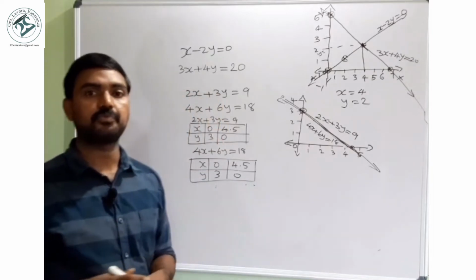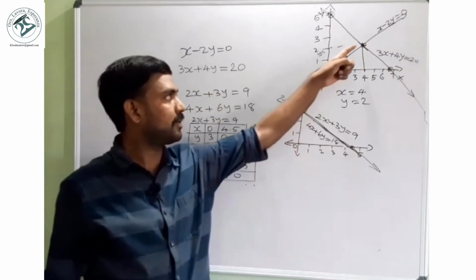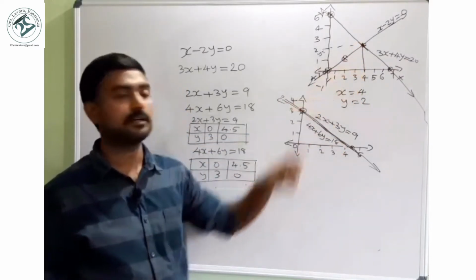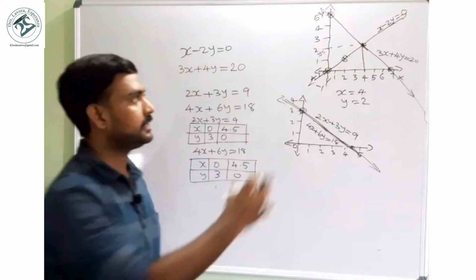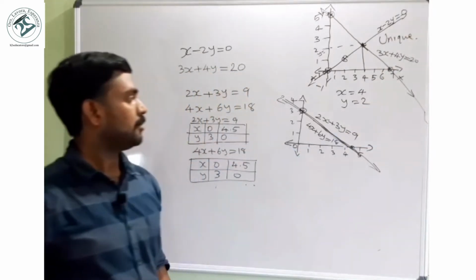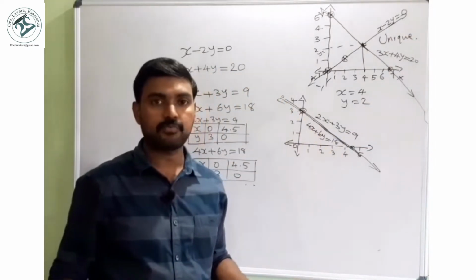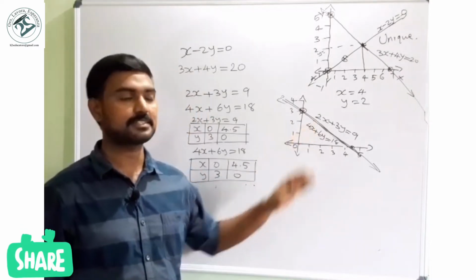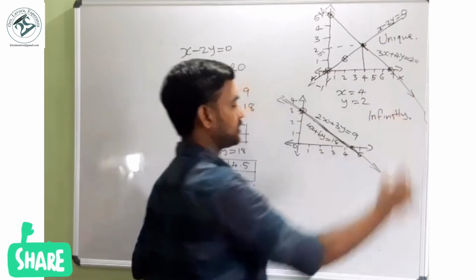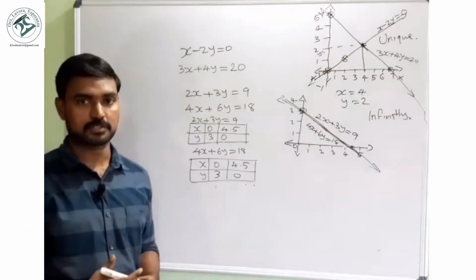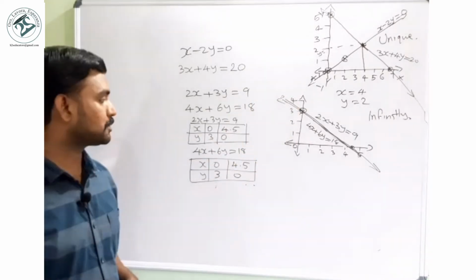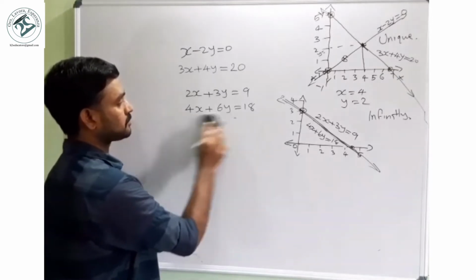In such cases, how do we find the value? In the earlier case, intersecting lines give a unique solution, because intersecting lines mean the answer will be unique. But in this case, can we find any unique solution? No. In such cases we call it infinitely many solutions. So we got a different pattern as compared to a unique solution. Now we are going to discuss the second type of equation.